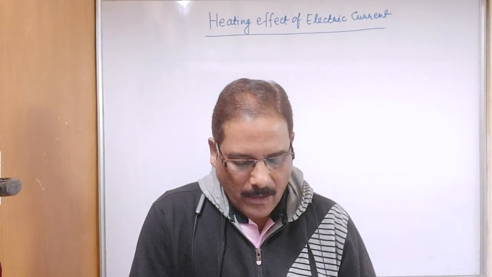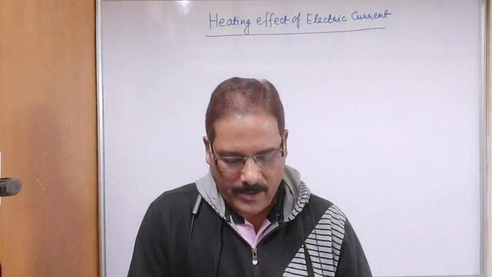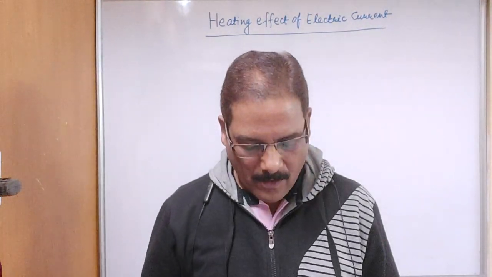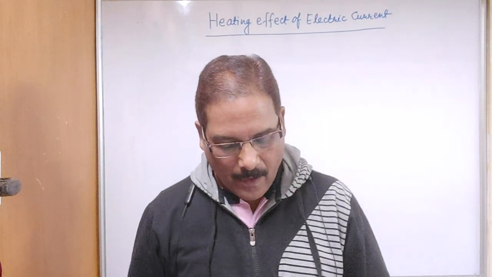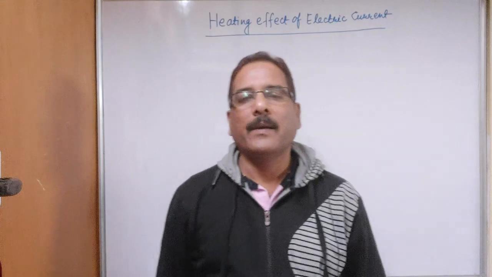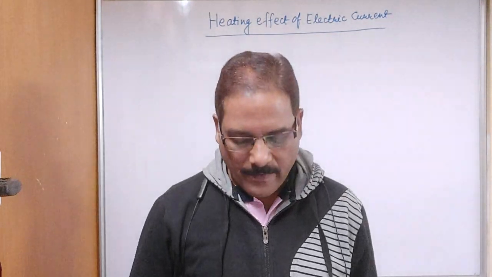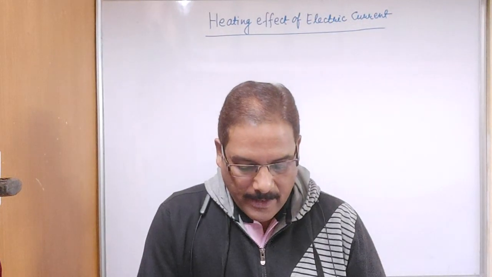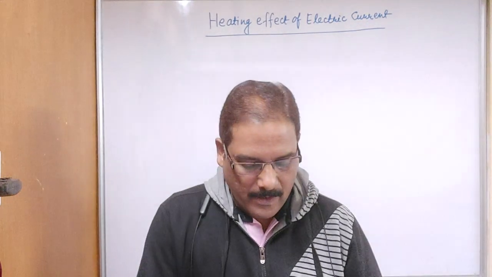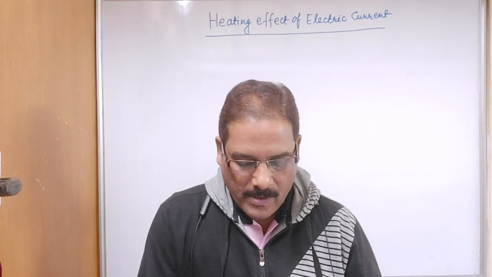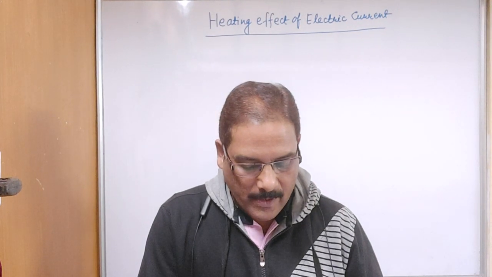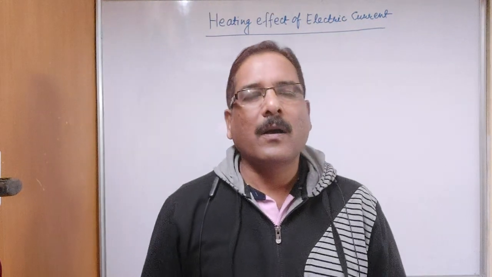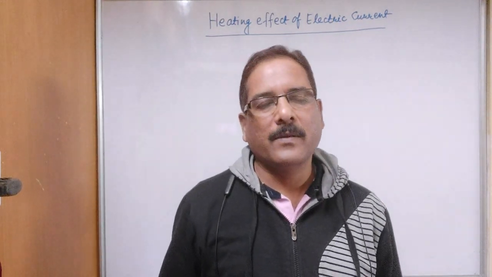We know that a battery or a cell is a source of electrical energy. So we know that we are getting electric current through a cell or battery. In a cell and battery, chemicals are there, and due to chemical reaction we are getting electric current. The chemical reaction within the cell generates the potential difference between the two terminals, and that sets the electrons in motion to flow the current through a resistor or a system of resistors connected to a battery. So they are saying a system of resistors or a resistor.